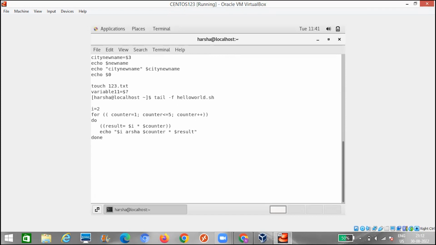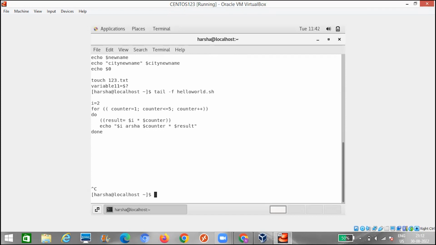It will be scrolling down and new content will be displayed over here. Right now, as this file is not getting updated by any application, we are not getting new content. If you want to see the latest changes in a file, we have to use tail -f on the corresponding file. Then it will show the latest changes that have occurred in that file. Okay.